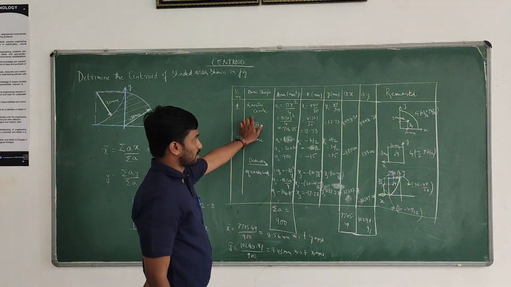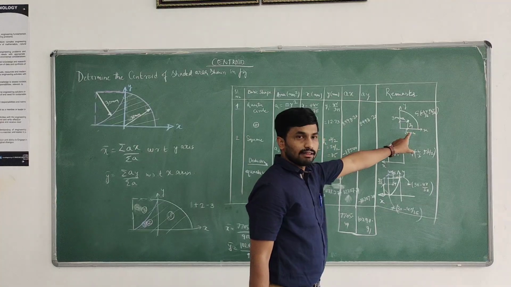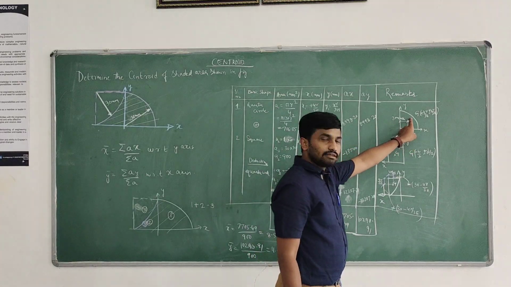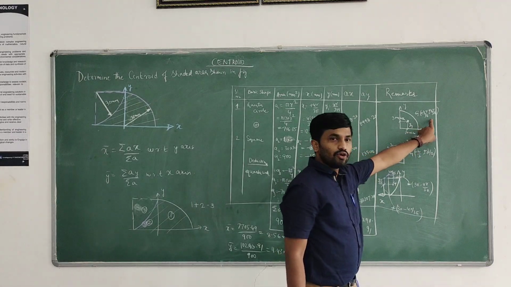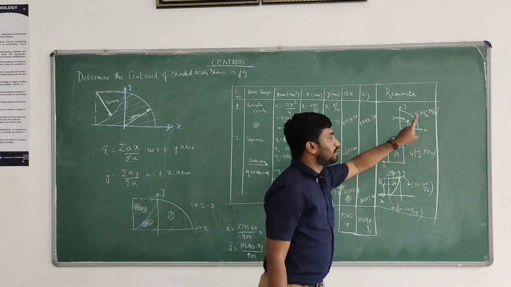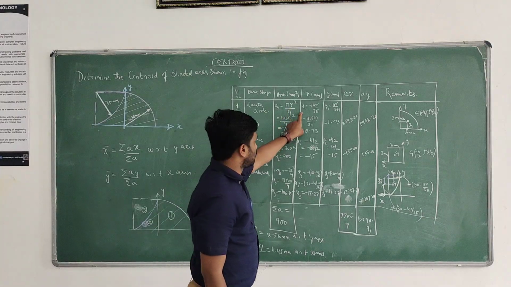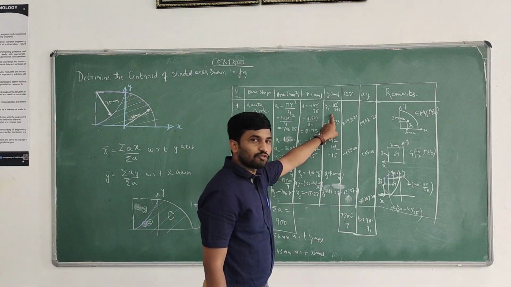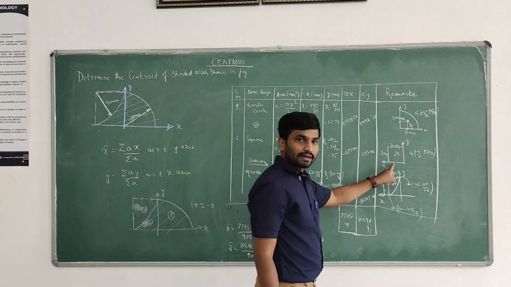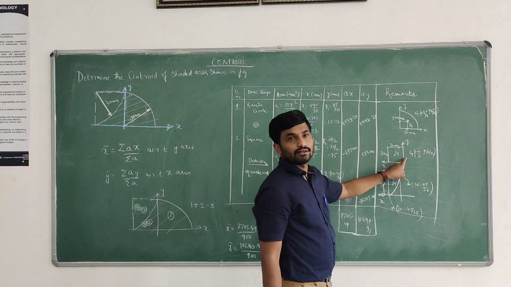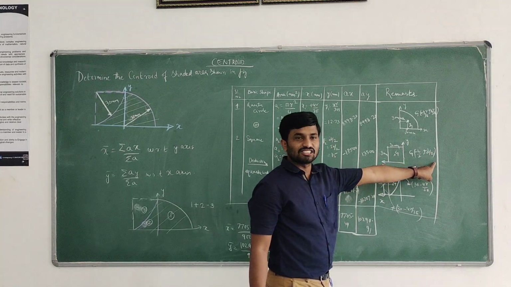So here first is the quarter circle. Come to remarks. Identify the first basic shape, quarter circle. Mark the centroid G for the quarter circle, first quadrant, both x and y positive, 4r by 3 pi, 4r by 3 pi. Area is known, pi r square by 4. Compute x1 plus 4r by 3 pi, y1 plus 4r by 3 pi. Next come to the second basic shape, square. For second quadrant, x is negative, y is positive. Minus b by 2, plus d by 2.